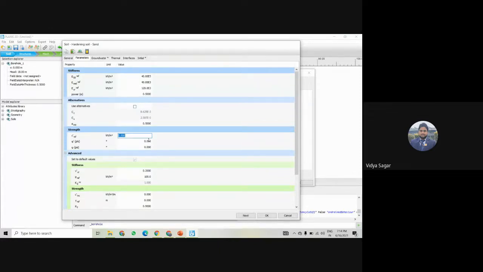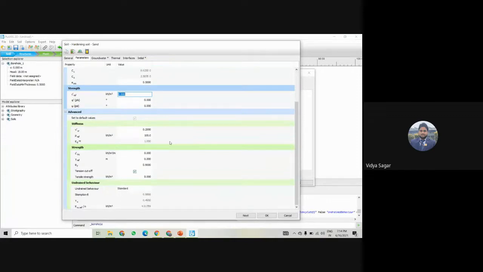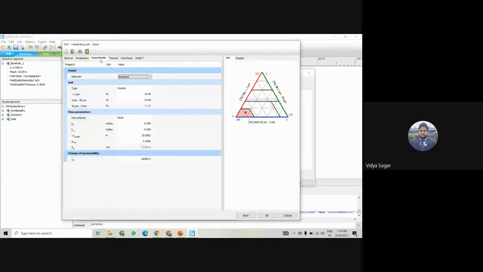And other things, the c, phi and psi, we have to put. So c is 0, this is sand. Then phi is 32 and psi is 2. Then stiffness 0.2 here, and K naught is another, 0.470. These are the same. Next is the groundwater.